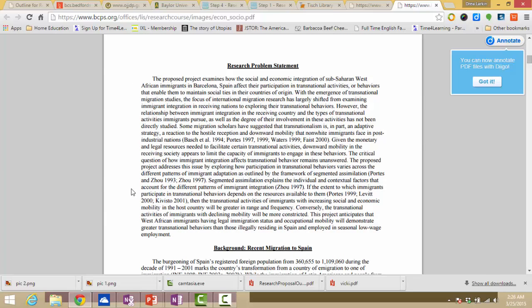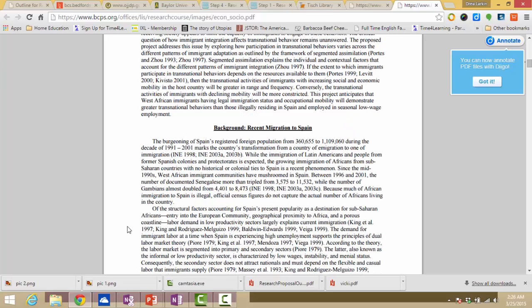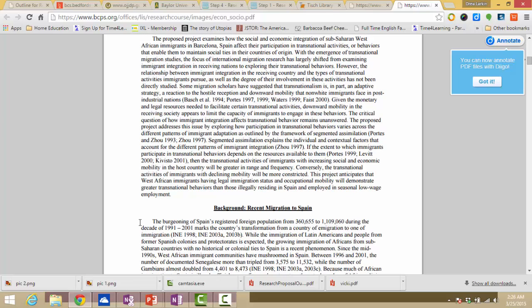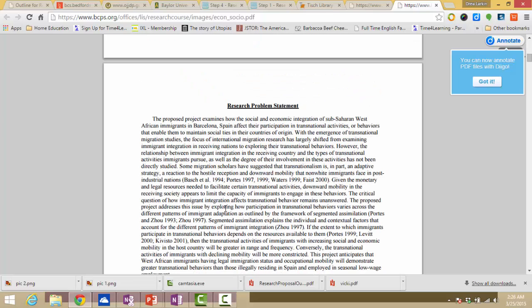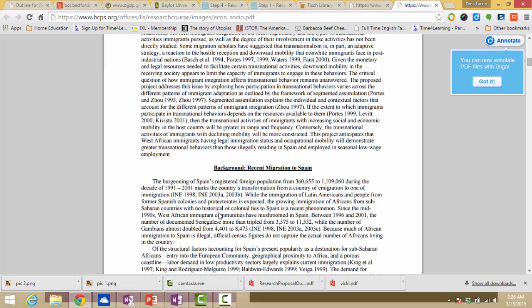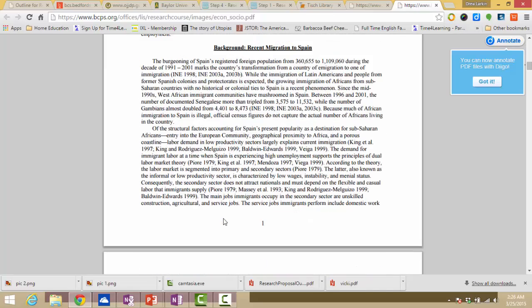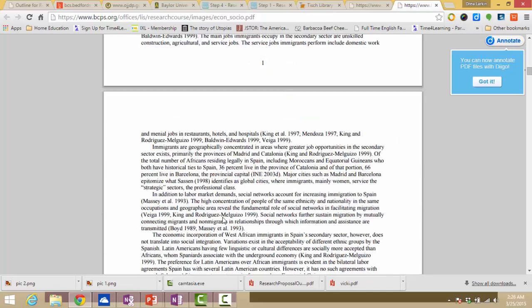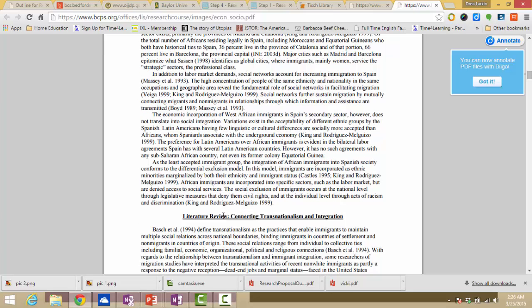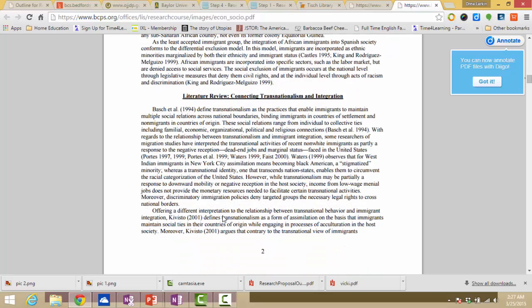And then this is a bigger problem statement explaining what's going on and what it's about. A little bit more background. Now notice this still is talking about addressing the problem, right? Giving the background information about this problem. So even though it's in its own little area, it's still describing the clear statement of the problem.